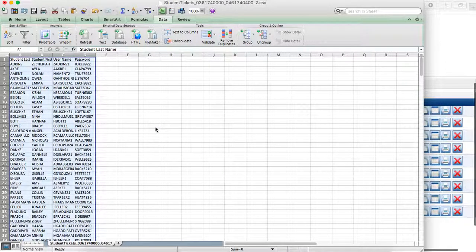Okay, now it's giving me singles of each student name, their username, and their password. Okay, so I'm going to copy that information,